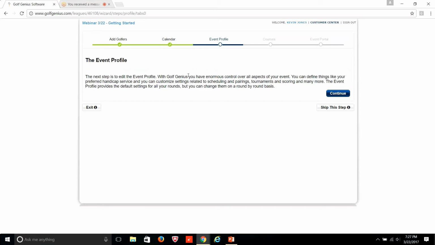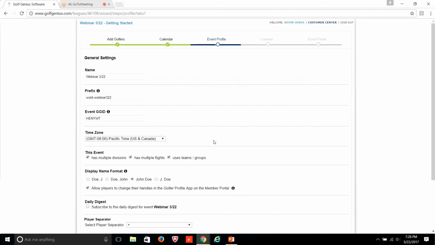All right, the event portal. So one thing that I did forget to talk about is that you need to manage the settings within your event. Within the Customer Center, there is a place to manage your overriding event profile settings. And within the Customer Center, if you set something up in the profile, it will automatically transfer to every event and league that you create. So what this is doing is saying, hey, I saw what you had in your overriding customer center event profile, but do you want to make any changes? So what I'm going to do is I'm going to hit continue,